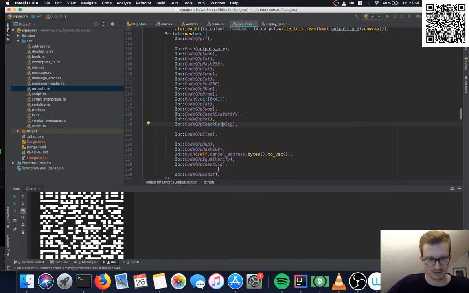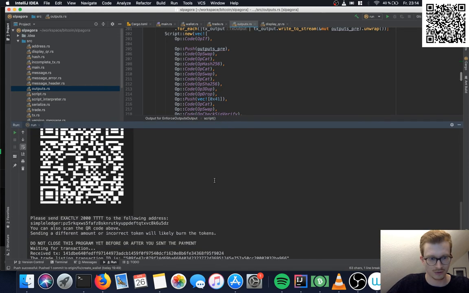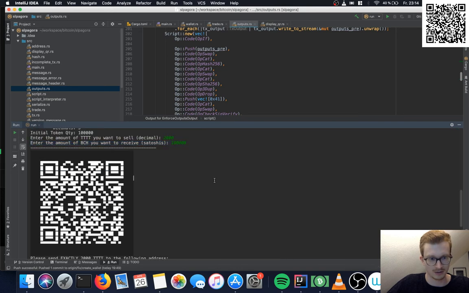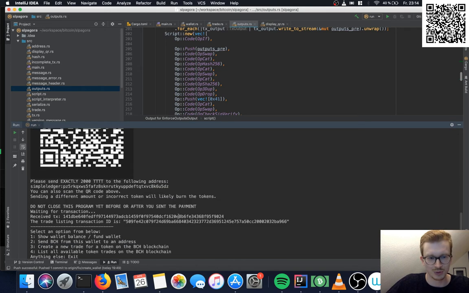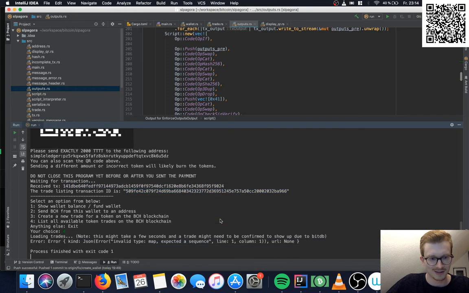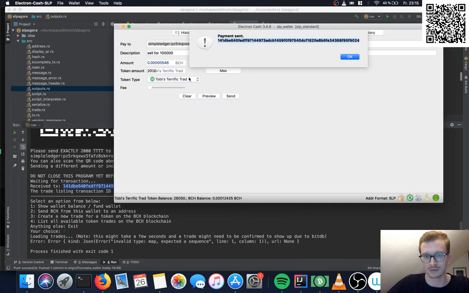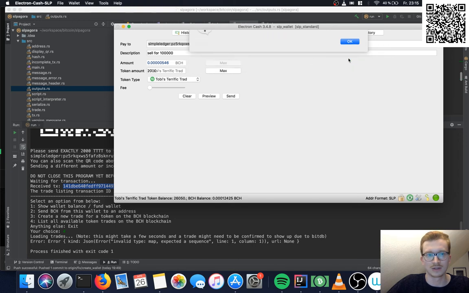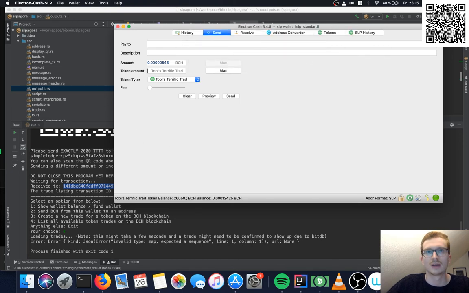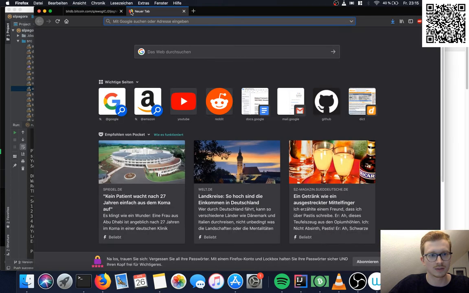But let's continue with the higher level overview, which is still pretty technical. So let's have a look at the first transaction, the one I made with my Electron Cash wallet. It's gone now, but we can have a look in the Explorer.